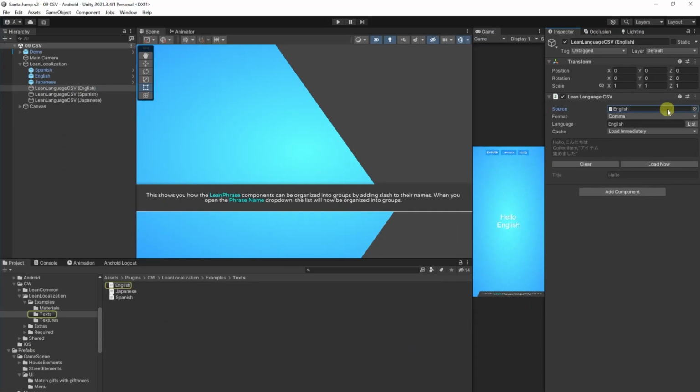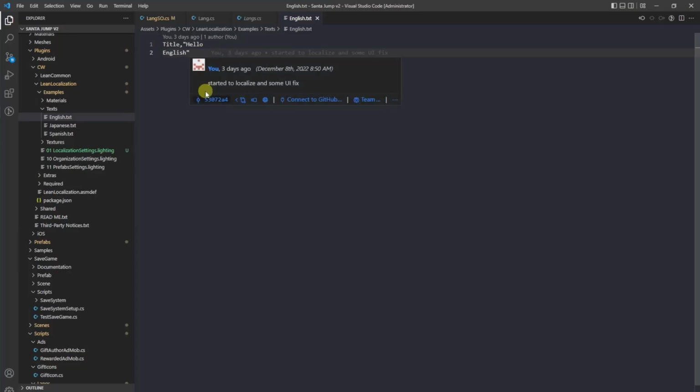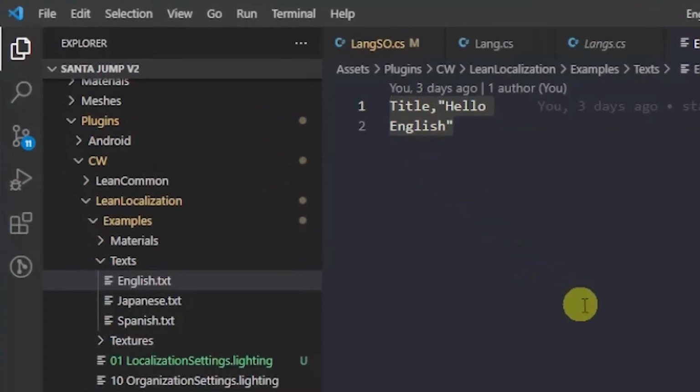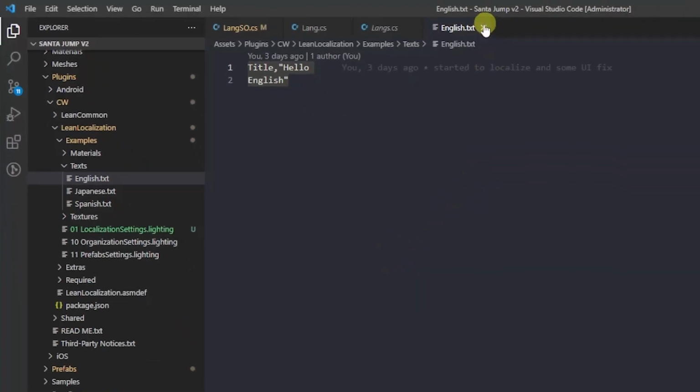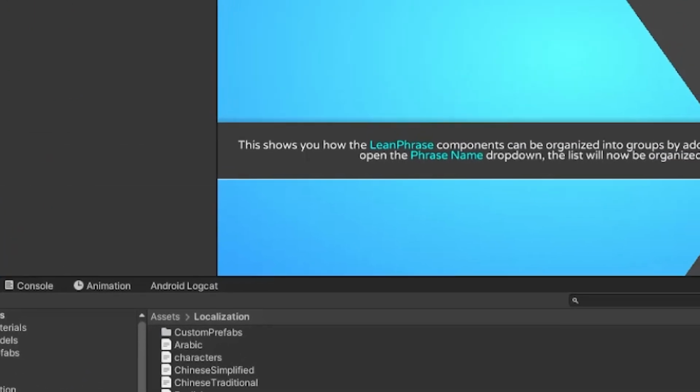The source field points to a file for the CSV table. Okay, let's take a look at an example. We see that the delimiter is a comma, and if the phrase is more than 2 lines, there are quotes on the ends. That's important. Let's copy that stuff and create a separate folder in Assets and name it Localization.